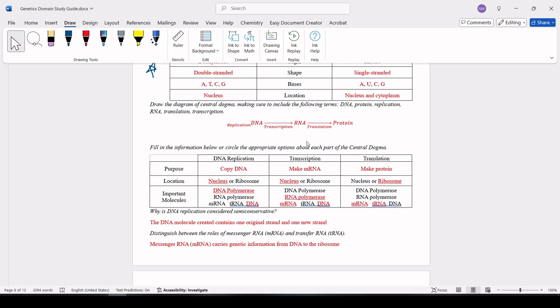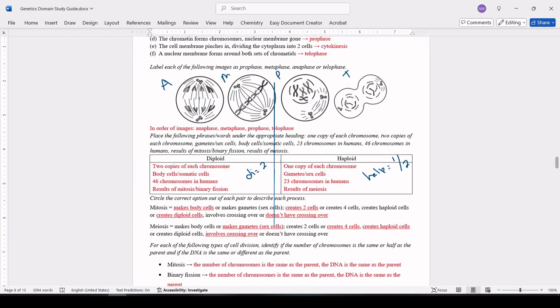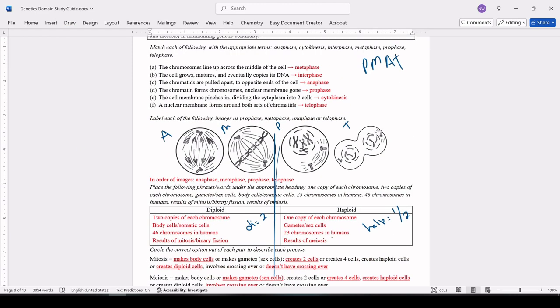If I'm going to be making a protein, the first step is called transcription. Transcription takes the DNA and copies it into RNA. Transcribe means to copy. So if you think of transcribing,